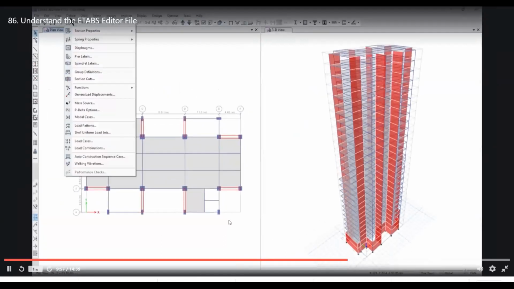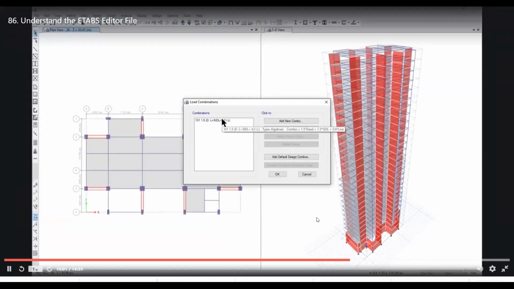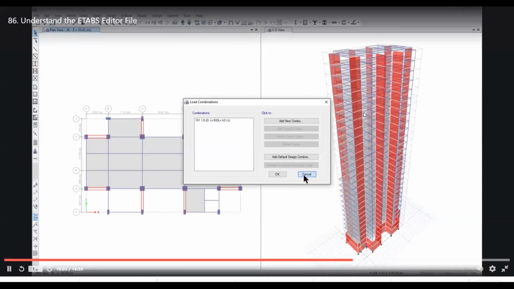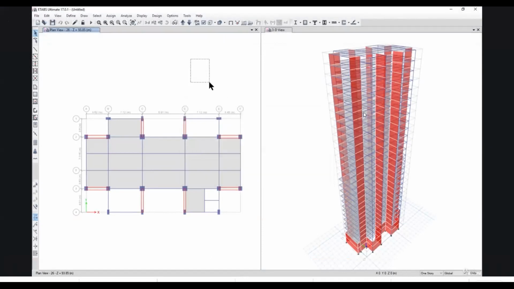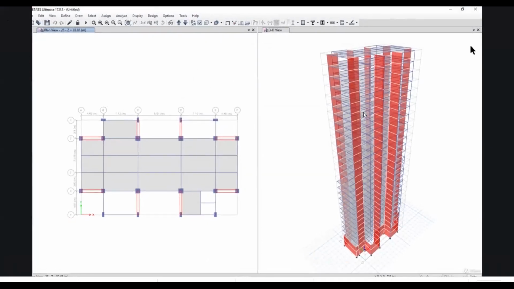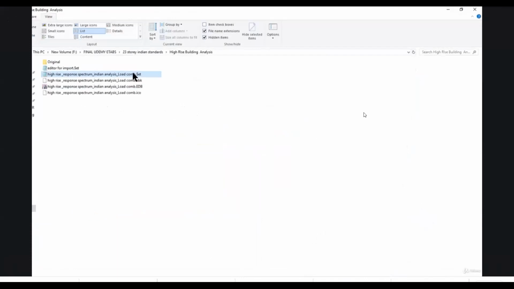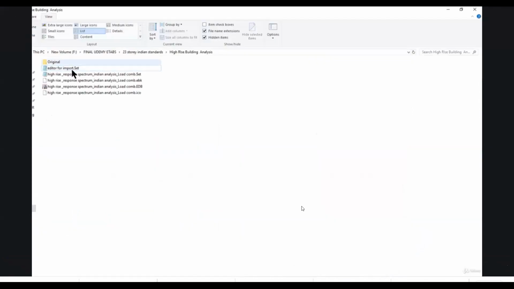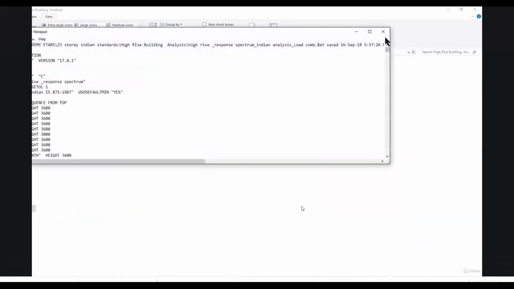So when we go to define and load combinations, here you will see that only one load combination is defined. So whatever changes we want to do in our ETABS, we can also do that parallel in our .e2k file. So if we want to add the load combinations here, what we can do, we can left click here again,